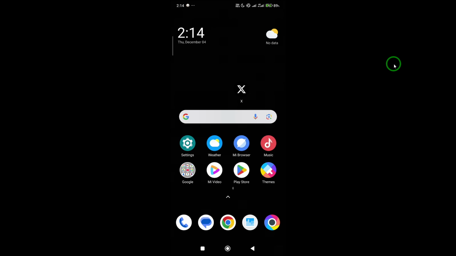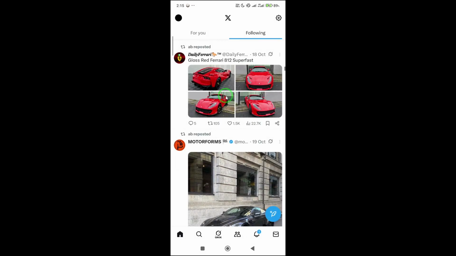Let's get started. First, open the X app on your phone. Make sure you're logged into the account where you want to make the change. Once you're on your home screen, look toward the top left corner and tap your profile picture. This will instantly take you to your profile page where all your details like your name, handle, bio, and photos